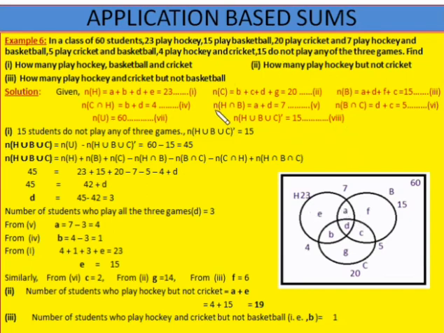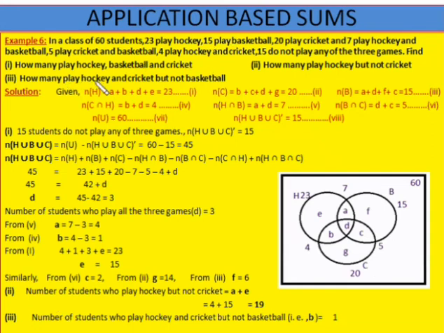So now by these formulas, by these equations, we find one by one all the values of the variables. A is equal to 4, B is equal to 1, and E is equal to 15, G is equal to 14, and F is equal to 6. Now come on to the second question. Number of students who play hockey but not cricket is A plus E. 4 plus 15 is equal to 19. We find all these values by using these equations, and we put only the values here.